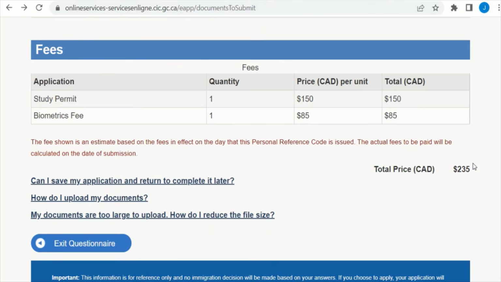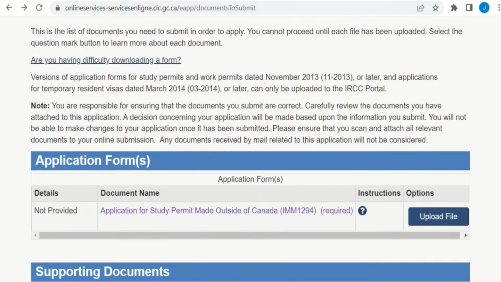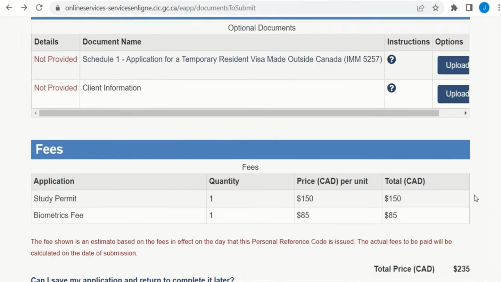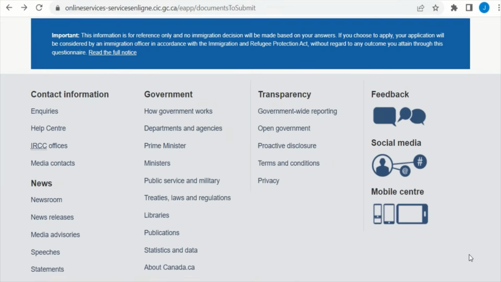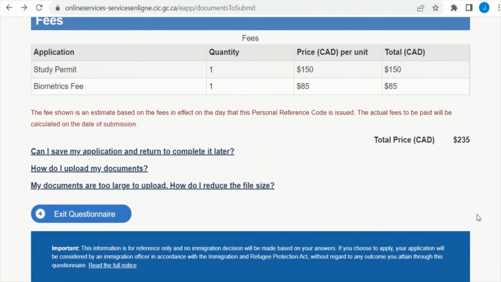So I would advise that you take way more than that, or at least you have way more than that in your bank account if you need to use a POS there. And that's just how to do all of this. So once you've uploaded everything, then you can submit. So when you upload it,